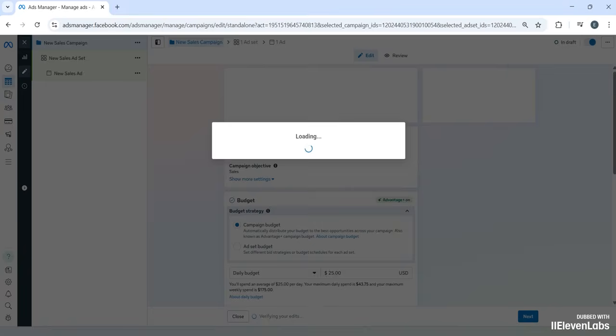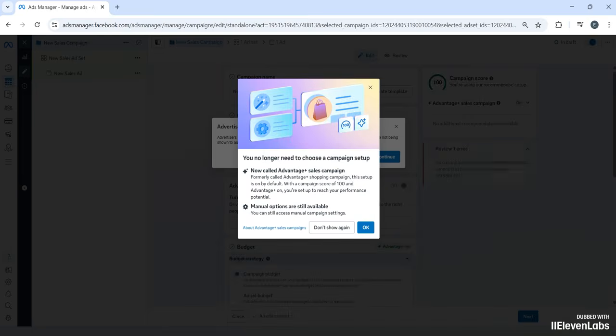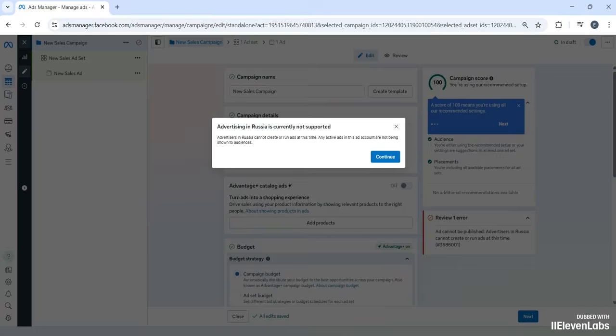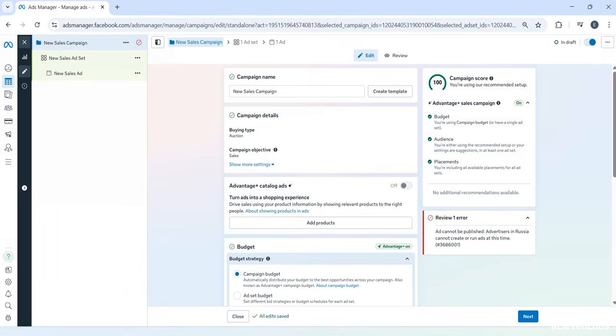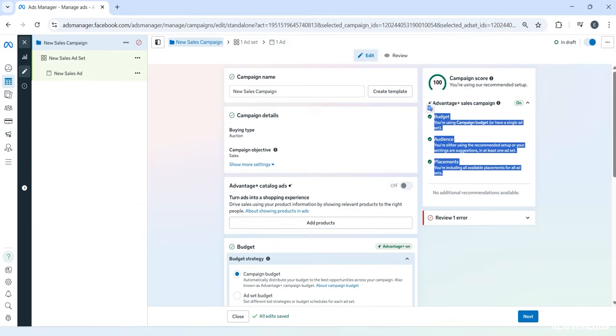For those who don't know, with Advantage enabled for your company, neural networks are used to determine targeting. What this means is, while it is turned on, Facebook considers your preferences, we could say, as merely a suggestion, not a strict requirement, and the entire targeting mechanism and its algorithms slightly shift. As I've already mentioned before, everything was turned off with just one button. But now, to switch it off, you simply need to narrow your targeting. So now there's no button, and it will automatically turn off at a specific moment.